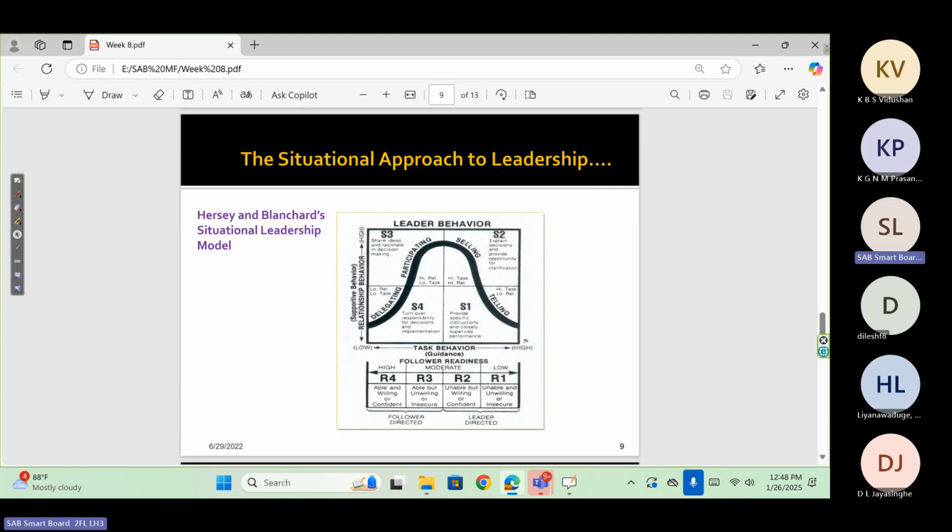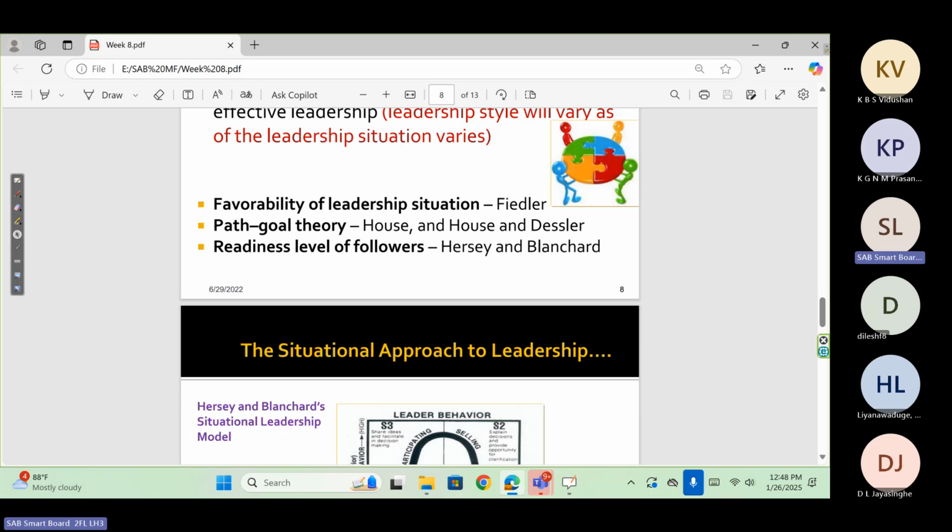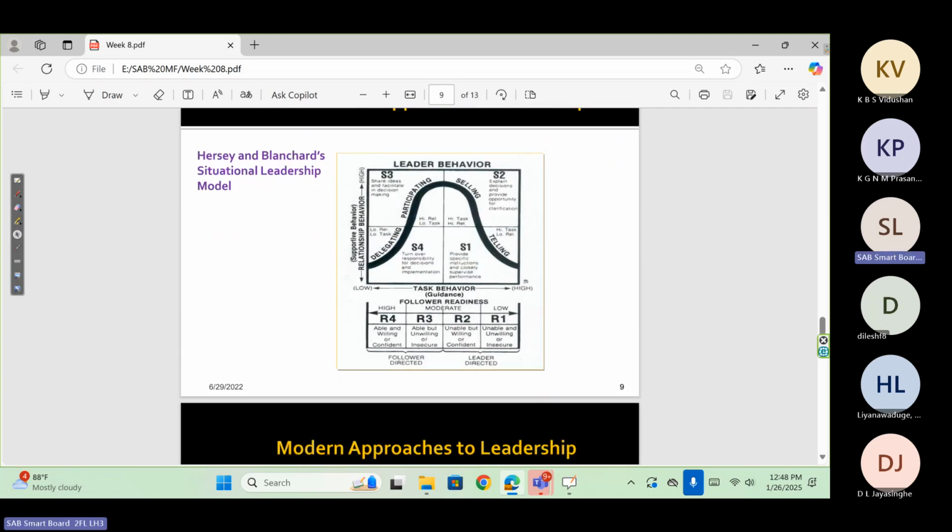Right. Paul Hersey and Ken Blanchard both have introduced this one, but some writers call this, as mentioned here, Hersey and Blanchard's readiness level of followers theory. The curve looks like a life cycle curve, a bell curve, no? Leadership curve. Therefore, some writers call this the life cycle leadership theory, introduced by Hersey and Blanchard. Life cycle. Bell curve, inverted U curve. Right.